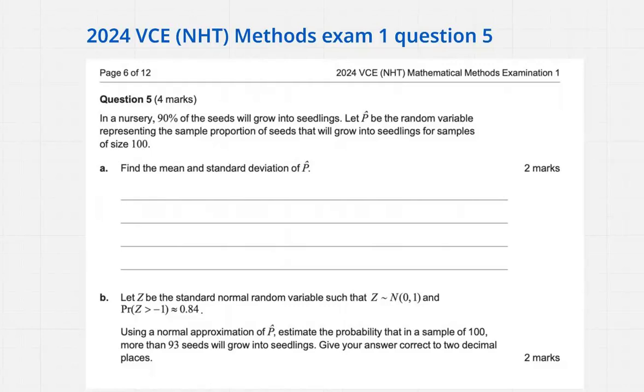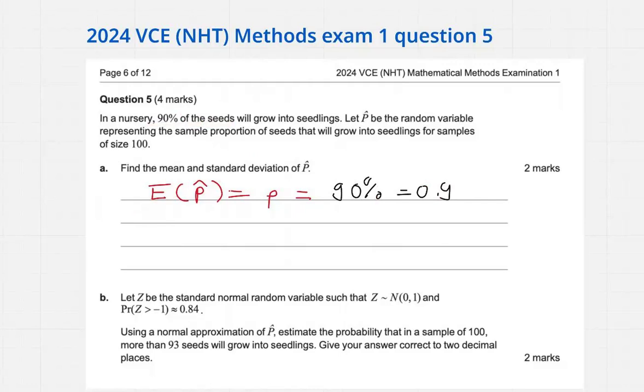sample proportion. So let us remember that in Methods, the expected value of p hat, the sample proportion, will always be the population proportion. In that case, it will be 90%, which in this case is 0.9. I hope it makes sense. Again, the expected value of the sample proportion will be the population proportion, that is 90%. Now, next,